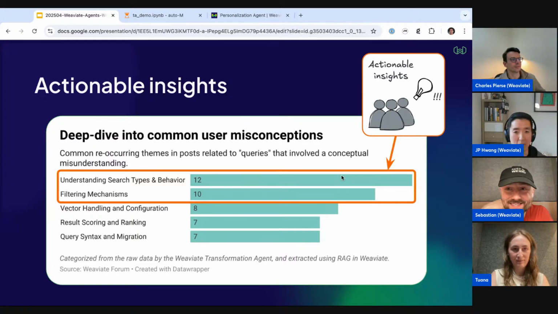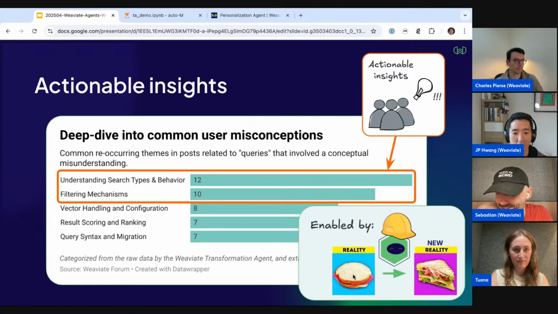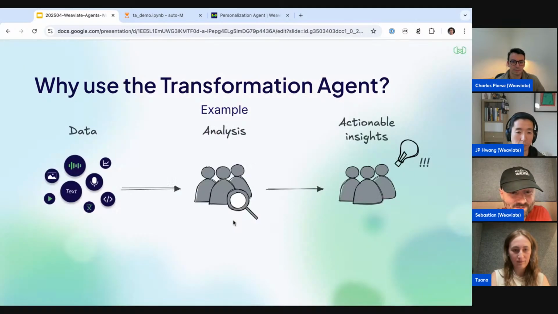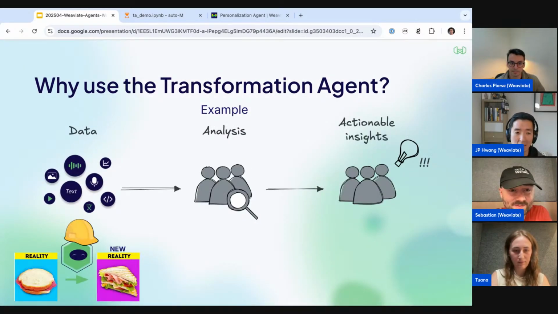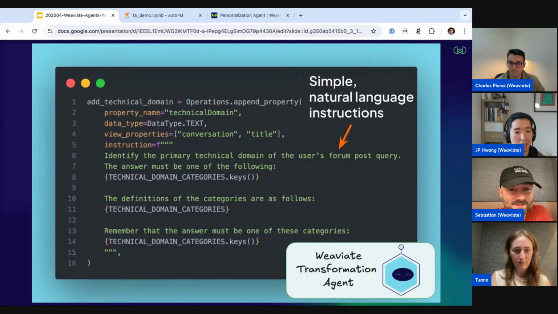What really enabled these actionable insights was the fact that I was able to improve the quality of our data from this raw, unstructured goldmine of text to slightly more structured aspects that we can filter and look through. So in summary, by improving the quality of our data, we can improve the quality of analysis and get better insights out of our analyses.